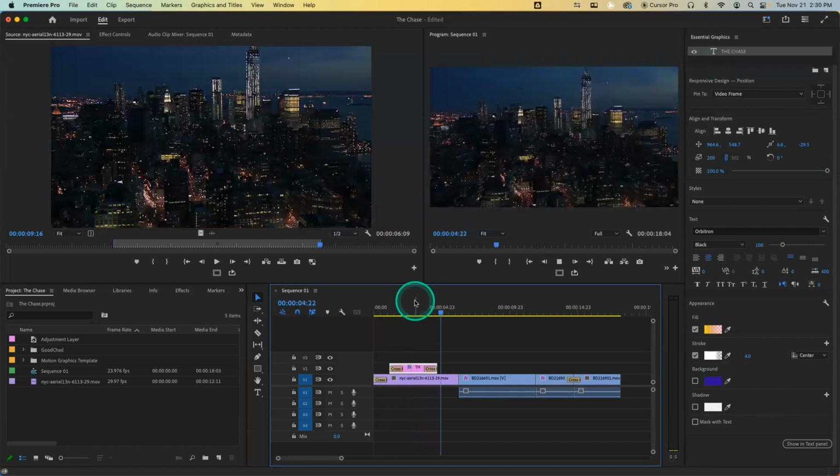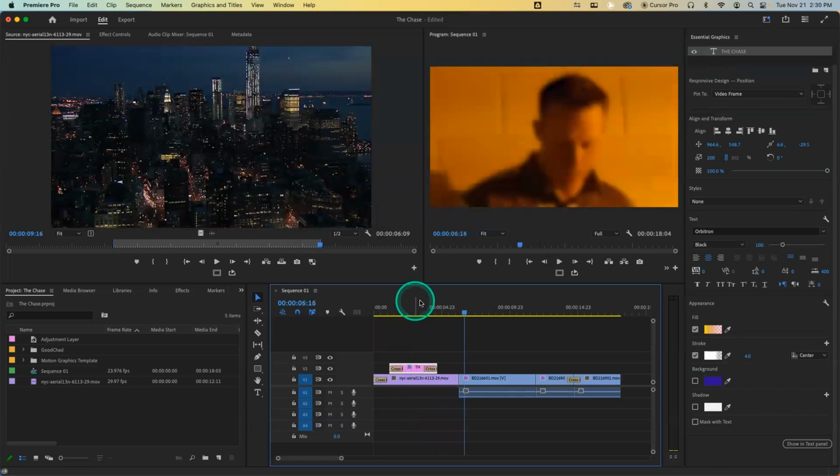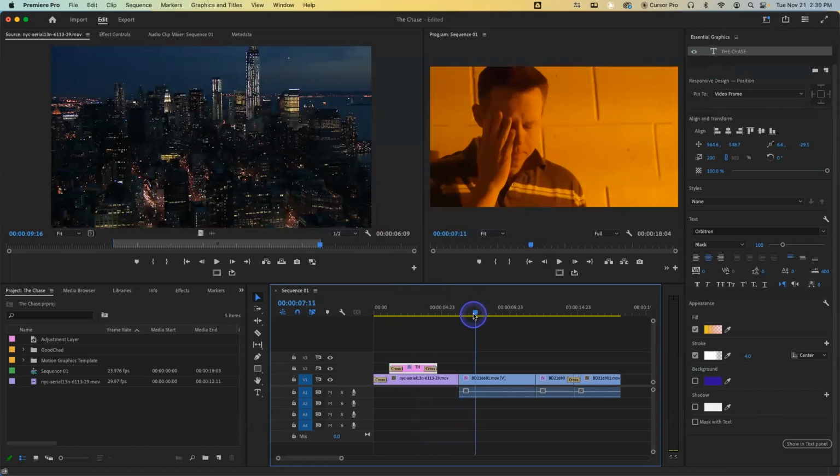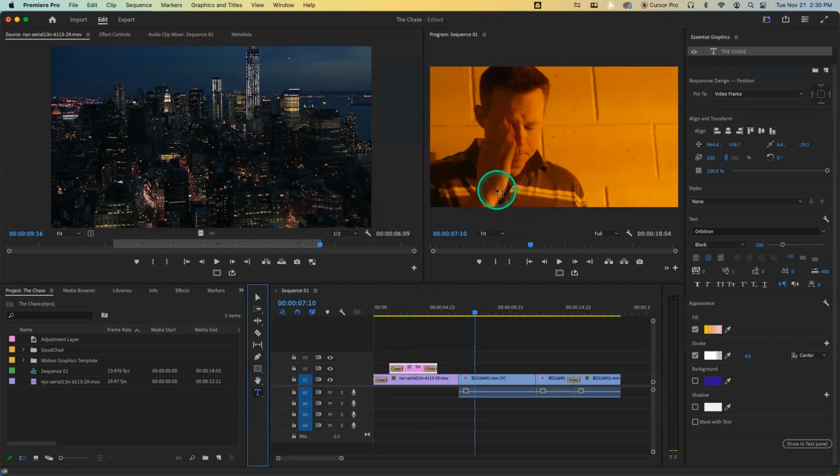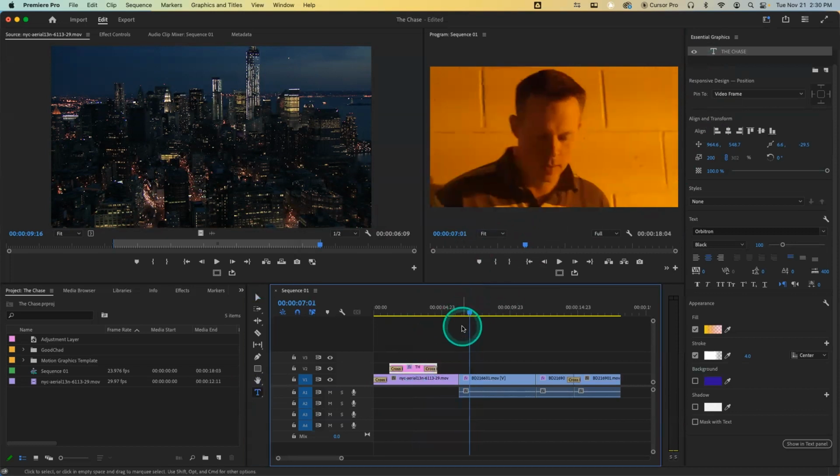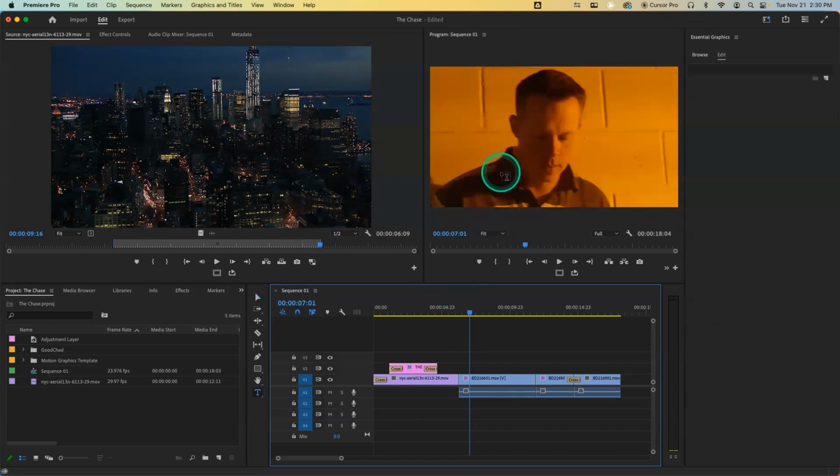Amazing with The Chase. So now let's make a lower third. Let's go here and inside of here and let's make a lower third. So we're going to grab here. This is going to be Chad. So we're going to go here and we're going to grab the text tool again. Now, we're not going to be clicking this text here. So we're going to just make sure we clicked off of this text here. Cool. We're going to go here to the text tool and we're going to type in